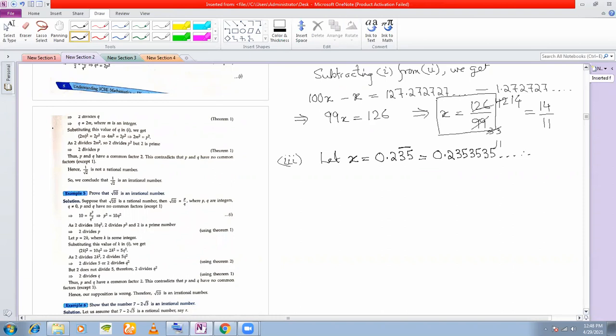Now the question is, in the previous two sums that I solved, you had all the digits recurring, whether one digit or two digits, all were recurring, right? But here you have one non-recurring digit after the decimal. So how to treat this? So remember, whenever you have one non-recurring digit, let us call this equation number 1, x is equal to 0.235. Since 2 is non-recurring, 2 is a single non-recurring digit.